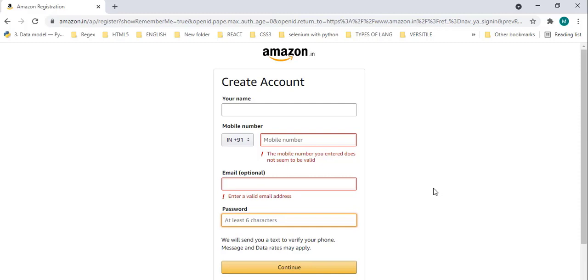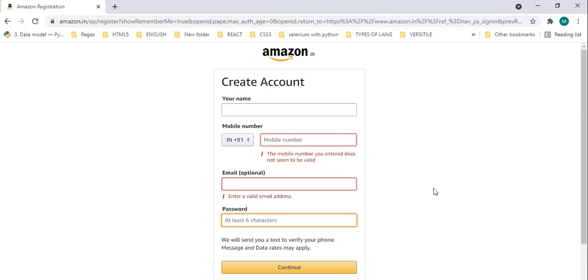The create account form will take some information from the user and will store it in one SQL database. So this is one example where we use SQL database.